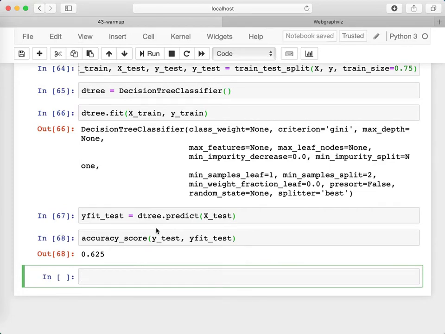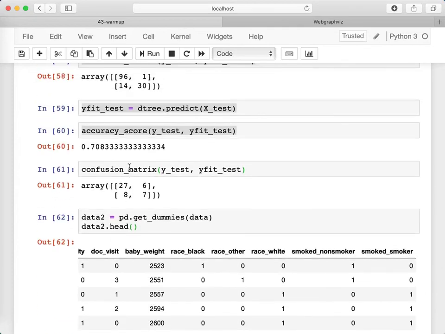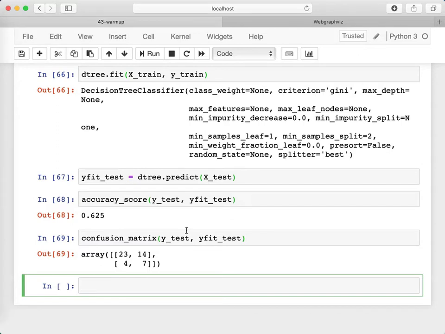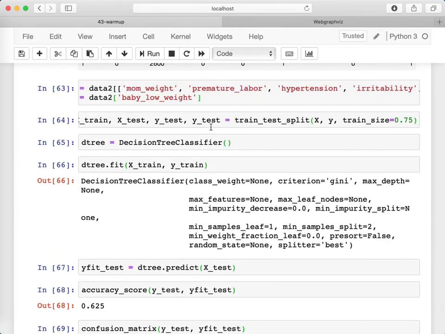With the accuracy score, it has now decreased to 62%. And we can take a look at the confusion matrix here. Now there are a couple of things going on in here. One of them is that adding variables doesn't always necessarily increase the accuracy score. The other thing going on under the hood is that, well, when we did this,